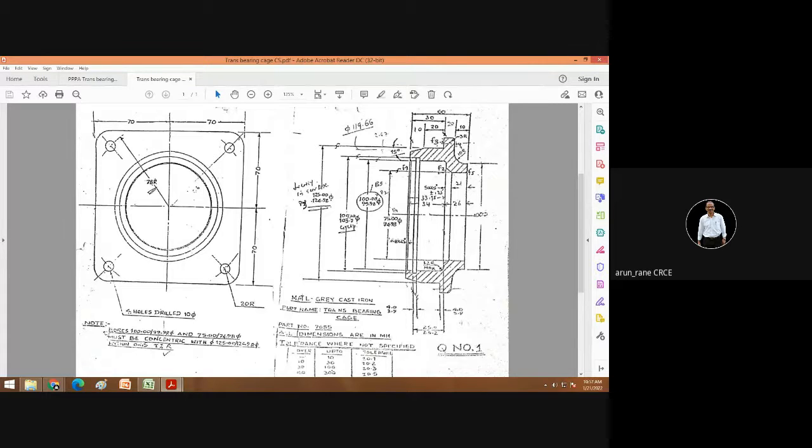Then 75, tolerance is 0.02. So these are functionally important surfaces. That means something is going to be assembled there. For example, at 125 this component is going to be assembled, and this is say 100.00198. That means here the bearing is going to be fitted.